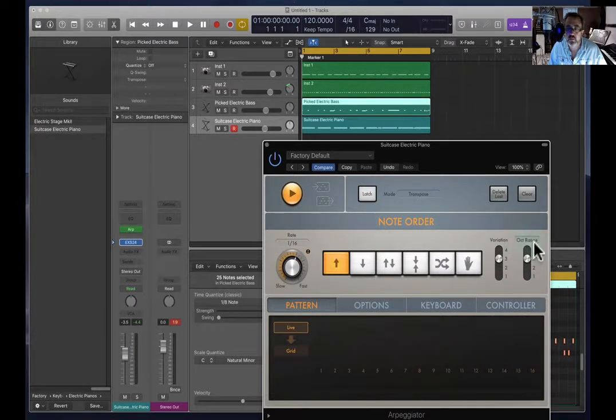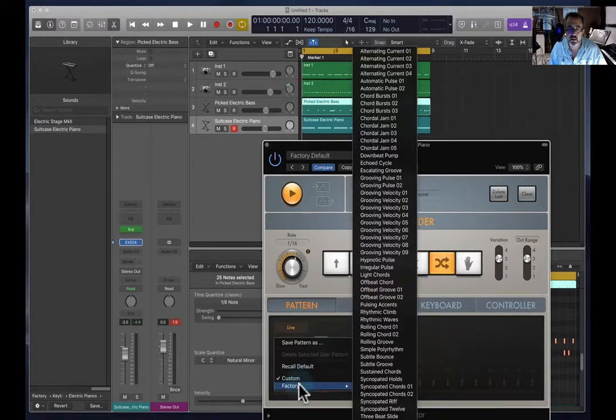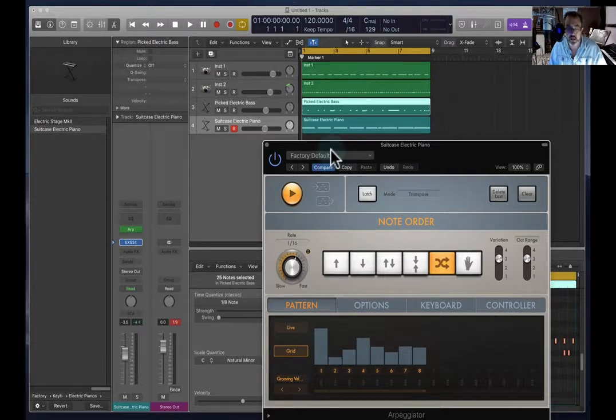crazy. So I'm going to have it change the octaves. I'm going to have it have variations. I'm going to have it jump in and out, and I'm going to add a grid pattern to it. And there's a whole custom setting down here that I can use. I'll just use a grooving velocity. And so now what's going to happen with that piano part,